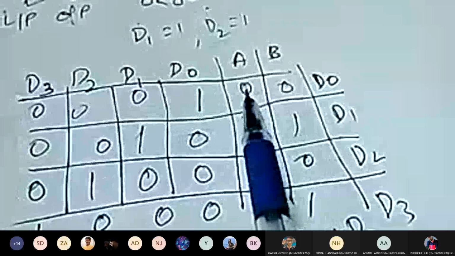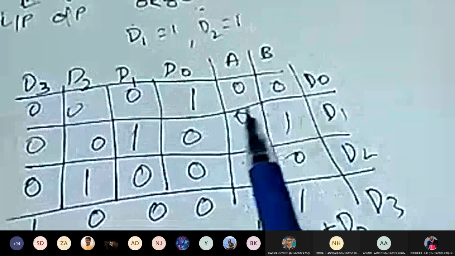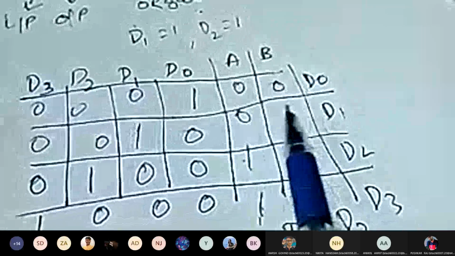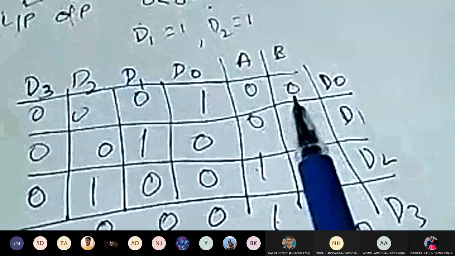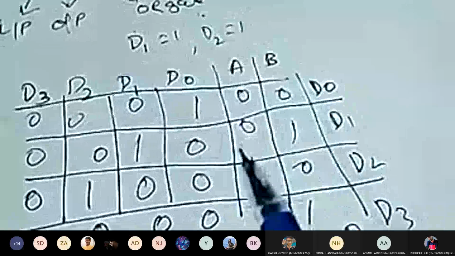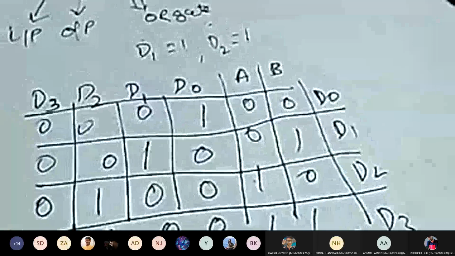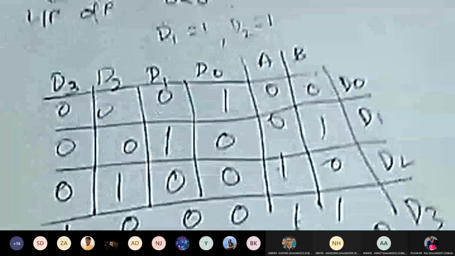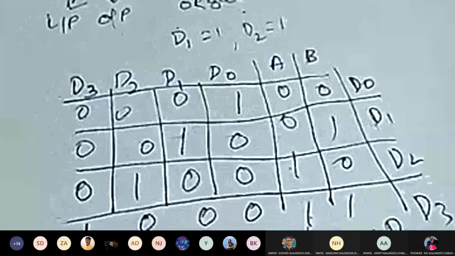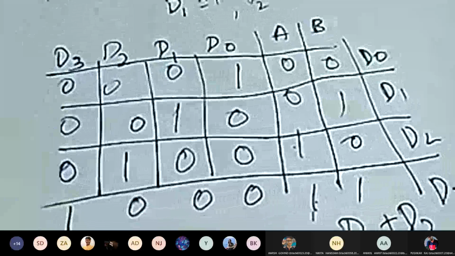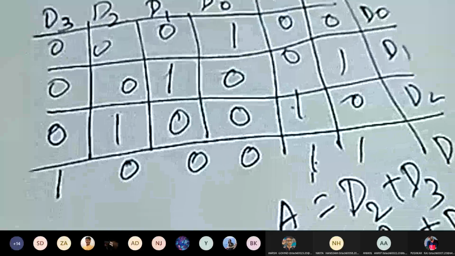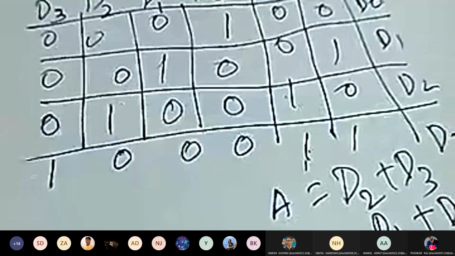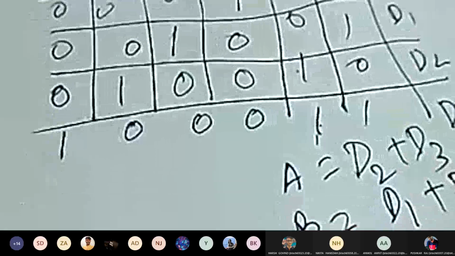Either you should get the output 00 or 01. You won't be able to get both values together. So your circuit will give you wrong information. Might be it will give 10, might be it will give the output 11. So if this type of thing happens, then what will we do? We will give the priority.